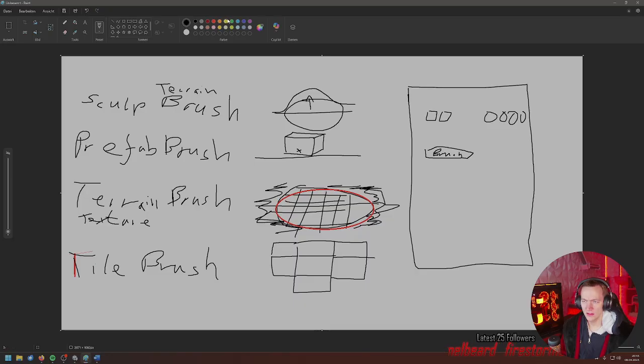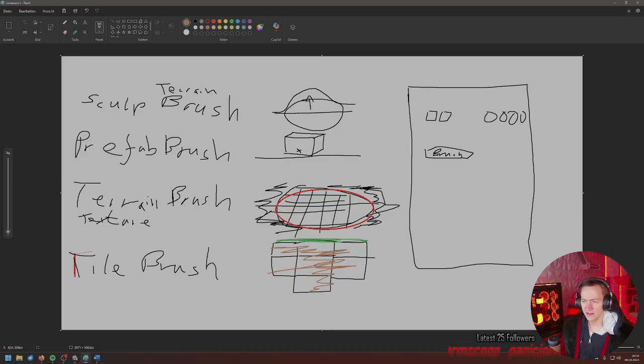Imagine this, and then you have grass here, and underneath that is earth. You draw in tiles. So I think these are four kinds of brushes that do different things.